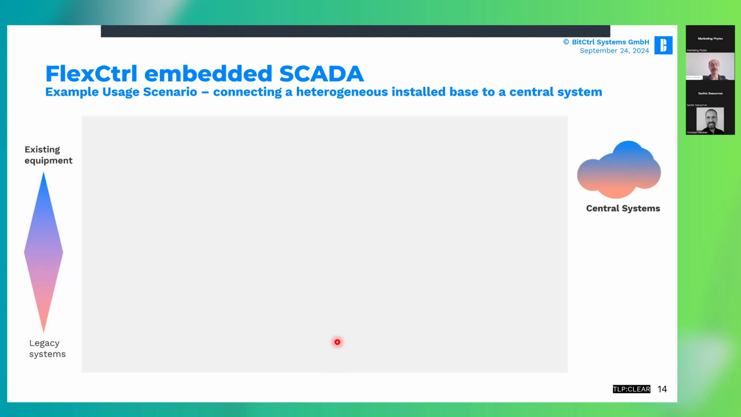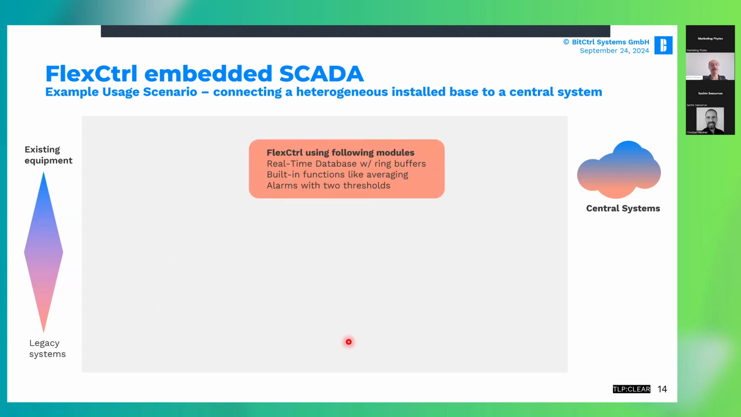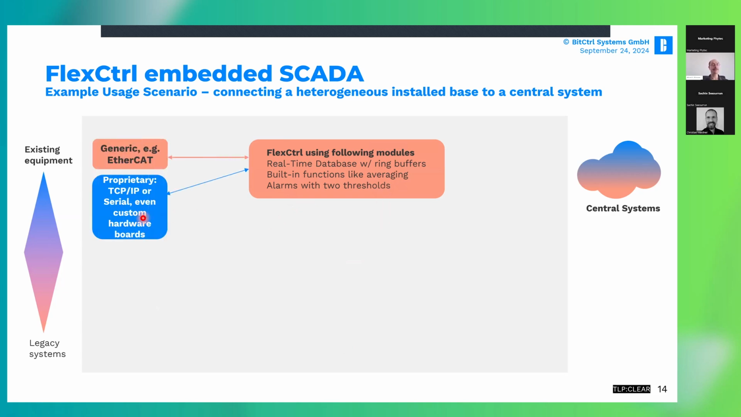Now, how can we tackle this problem? So first of all, we put a Flex Control instance in the middle, and we select the most important features like a real-time database with ring buffers, some built-in functions like averaging, and also alarms that can even have multiple thresholds. Then we connect the existing equipment, and by way of example, I have shown here a generic connection which